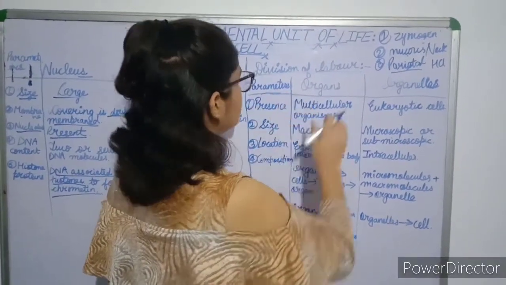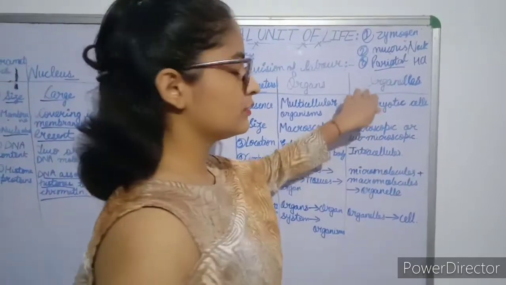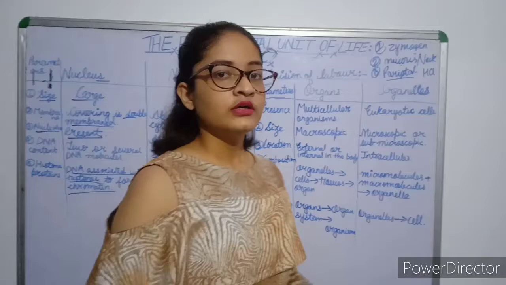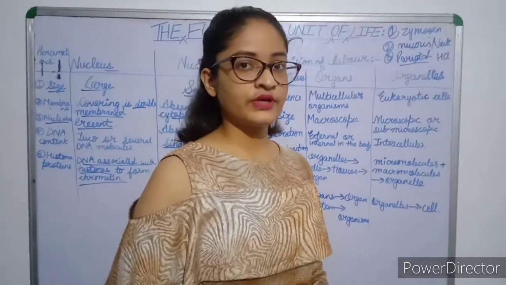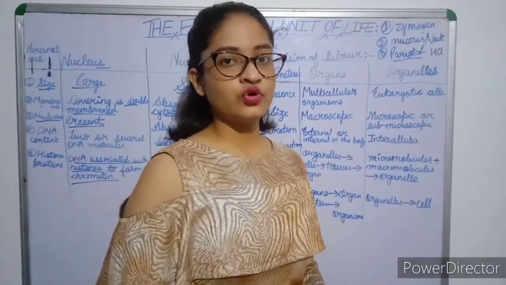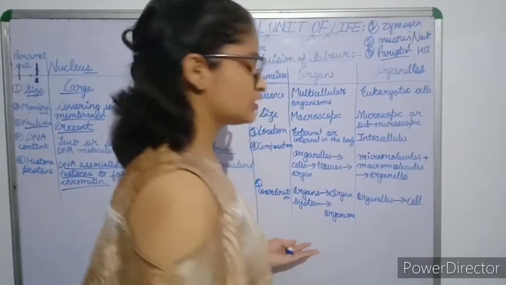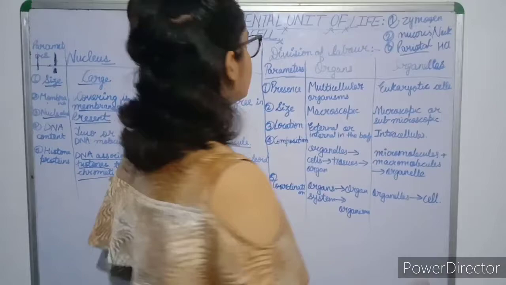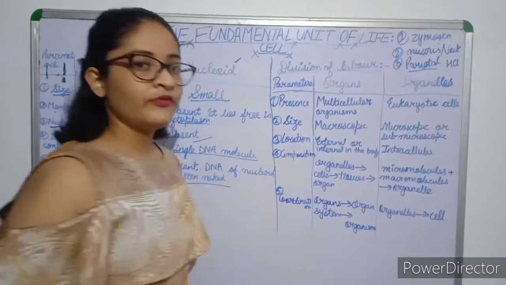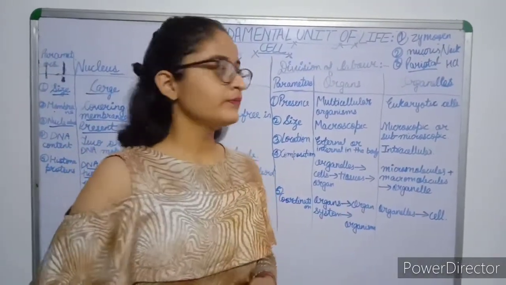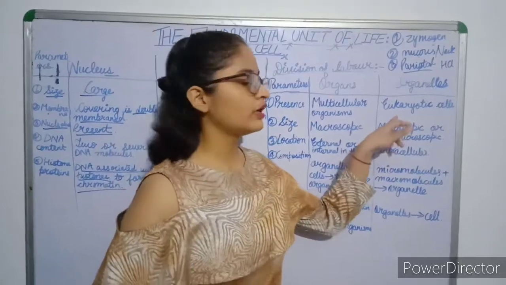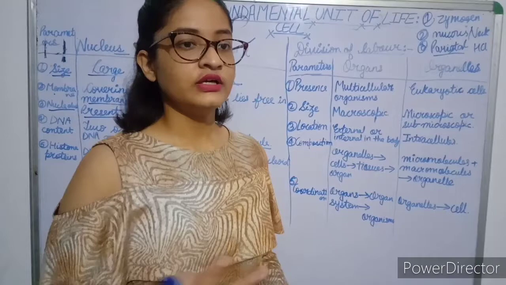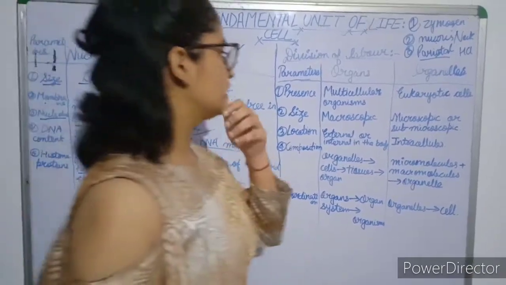And now the division of labor in our stomach. What are organelles? Organelles are specialized structures in our cell to perform specific functions, like the ribosome that is responsible for the synthesis of protein, which means they are the protein factories. And what are lysosomes? They are also an organelle. They are suicidal bags. They destroy the waste materials in our cell.